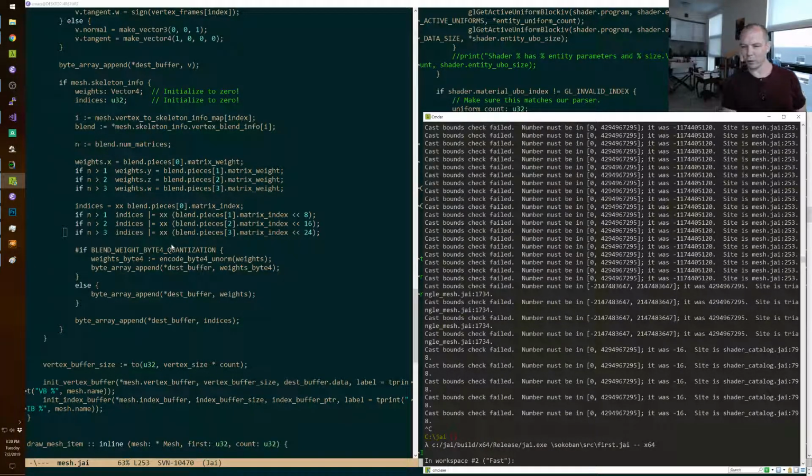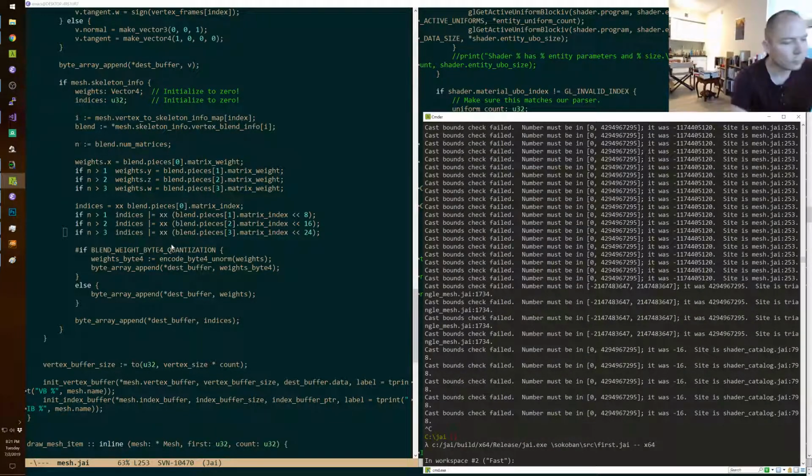Is absolute value not used in C? What? What? So like indices, oh, indices is unsigned.